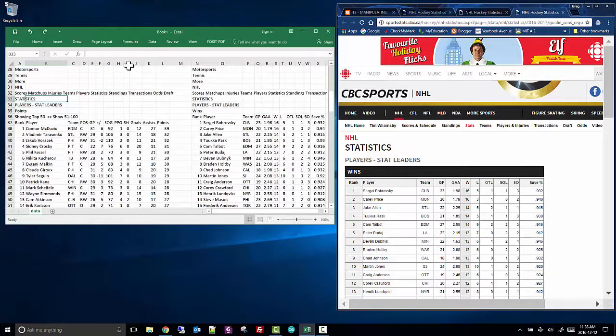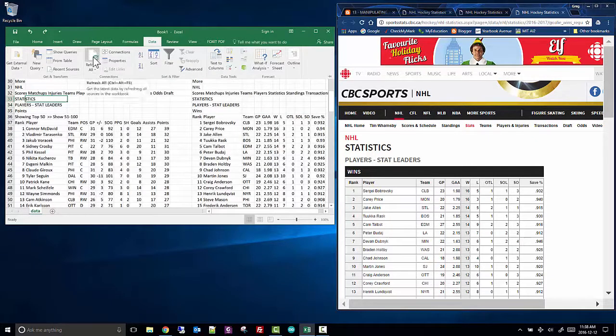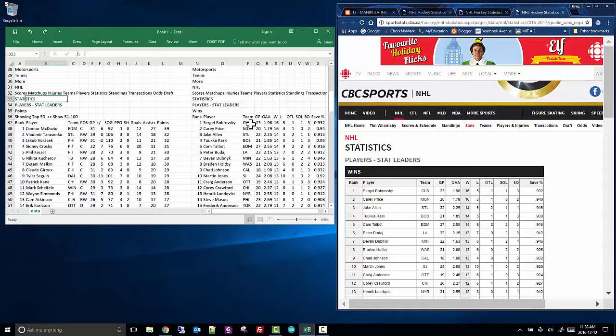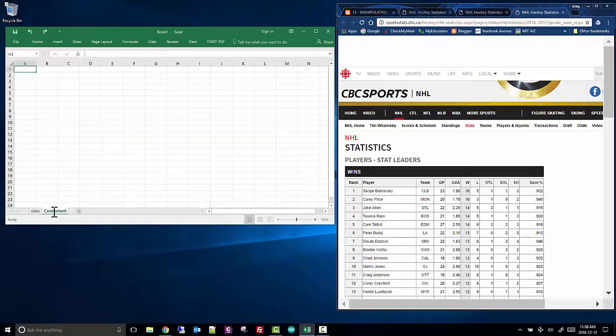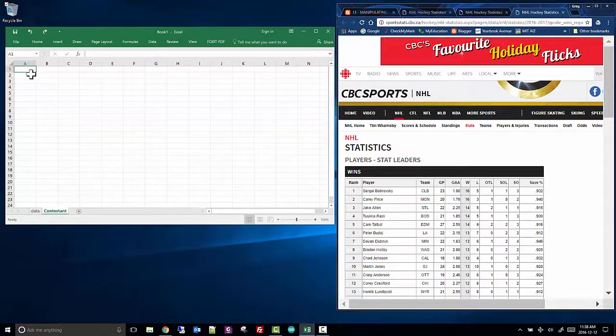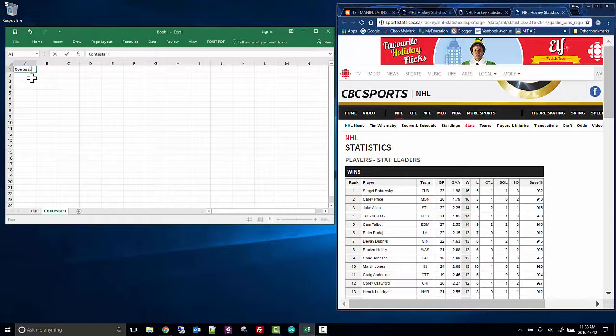Well, as I said, as soon as you click that refresh all of your hard work will be removed. So don't waste your time making this look pretty. Just make a new worksheet, and this is where you can put your actual hard work. So, for example, I might have a contestant name and points,